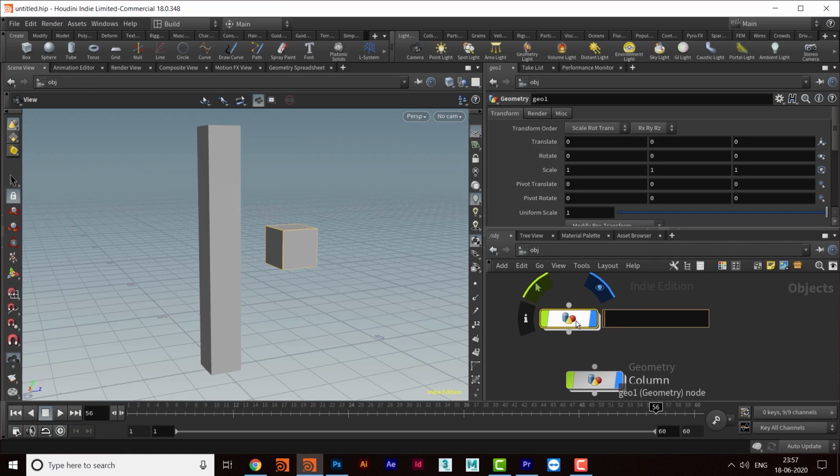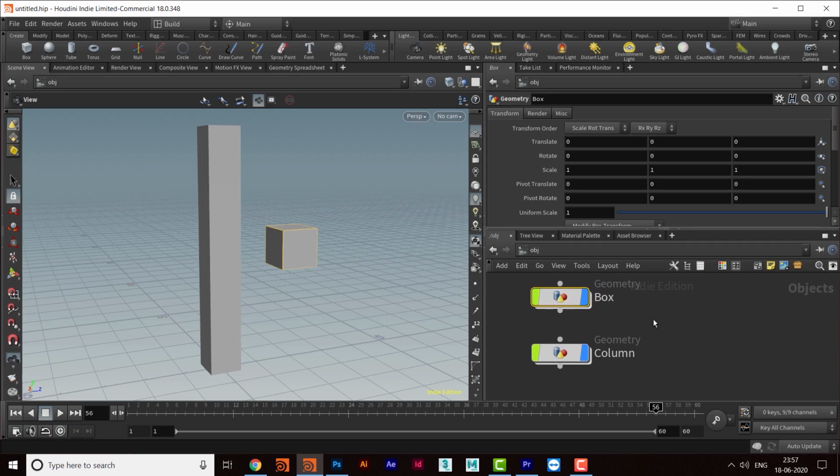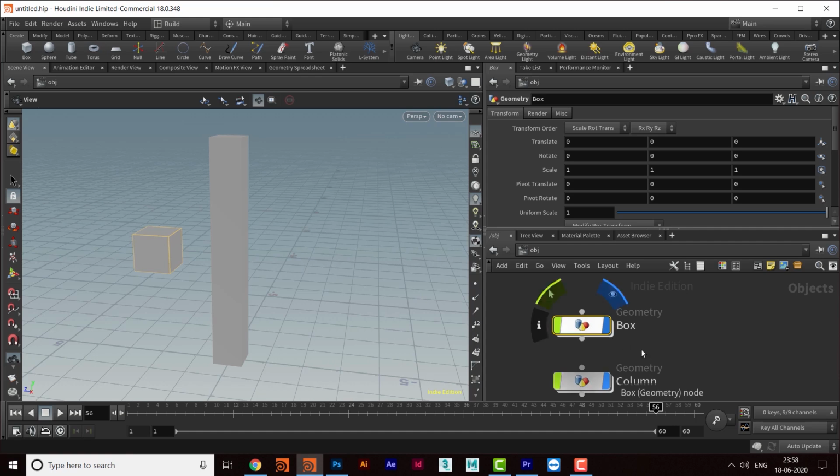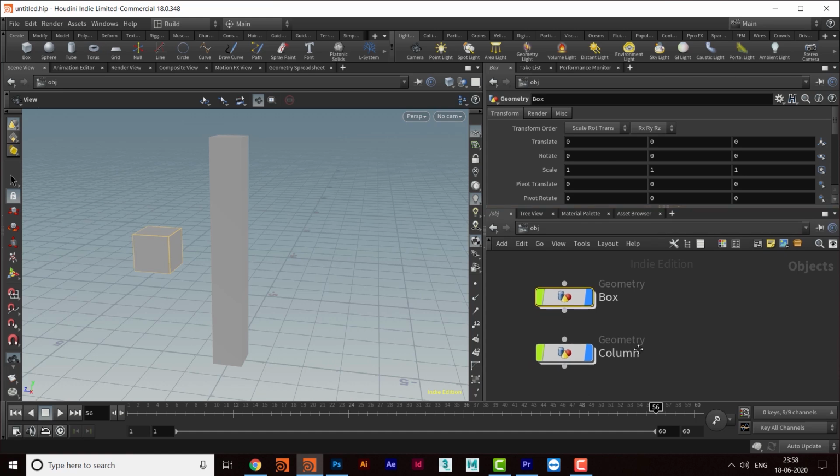Sorry, box. Okay, so now we have these two objects, and both the objects will be dynamic rigid body. Okay, so now the box is there and column is there, and now I want to get into one more thing. Okay, let's first go ahead with the simulation part.